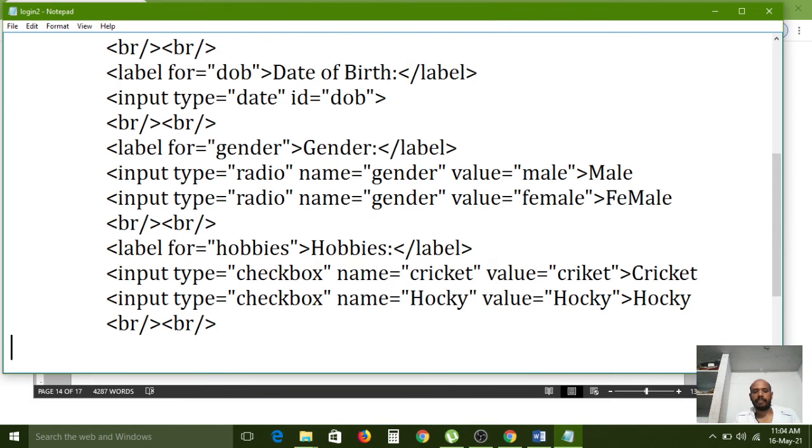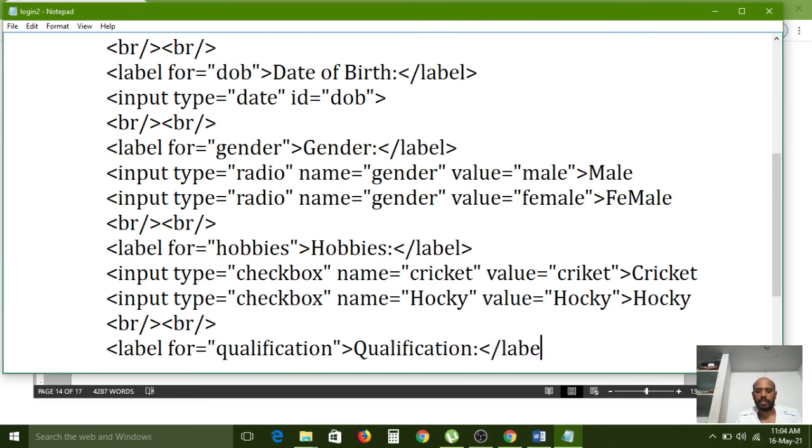Two break lines required. And next one, label for qualification. Okay, right. I am closing this one. QUALIFICATION, qualification.